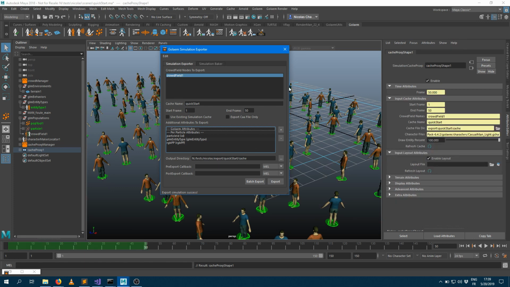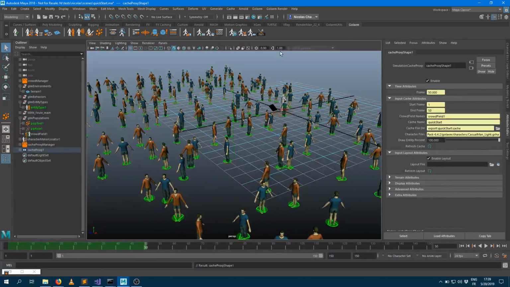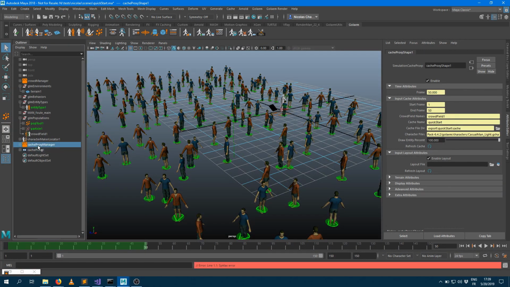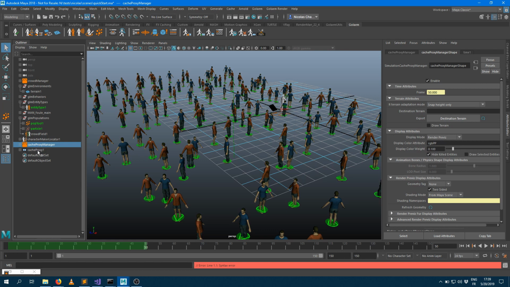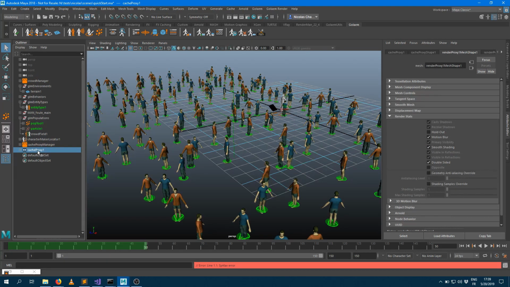When it's done, you may notice a couple of things here. I can close the simulation exporter. You may notice that two nodes appeared in the scene. One is the cache proxy manager, and the other one is the cache proxy. You may also notice that my timeline here becomes green from frame 1 to frame 50, which is where I've been exporting my cache. And finally, you may notice that the latest icon you have here is now highlighted, and it tells you that you're no more in